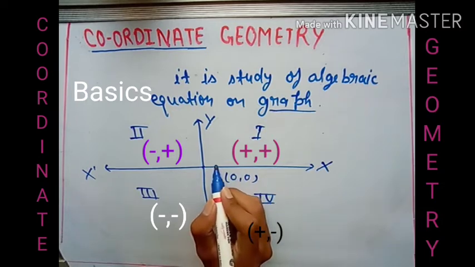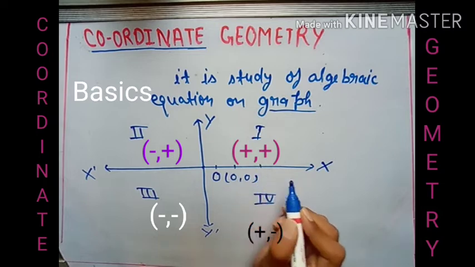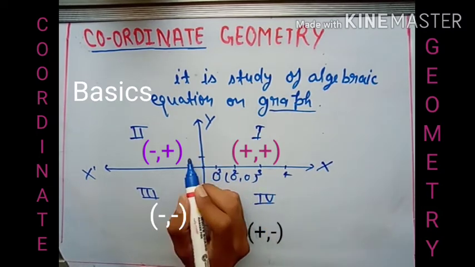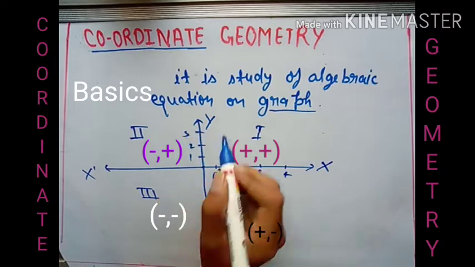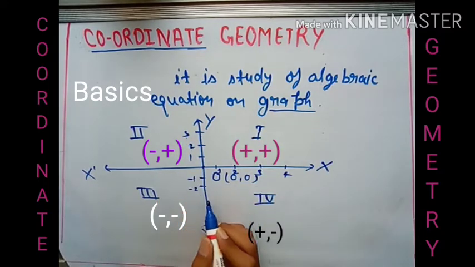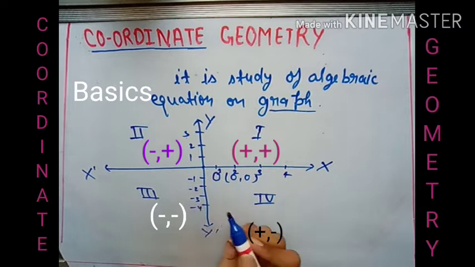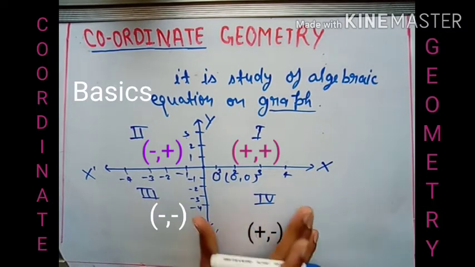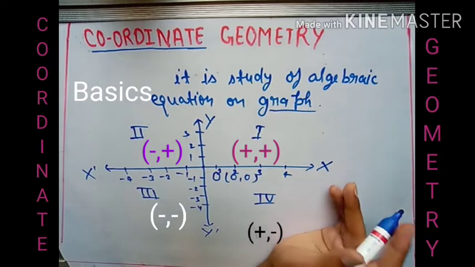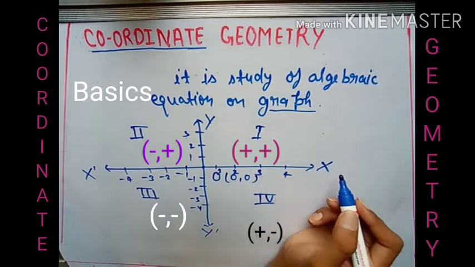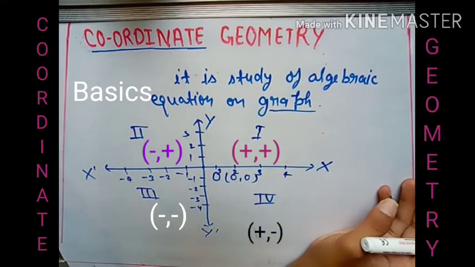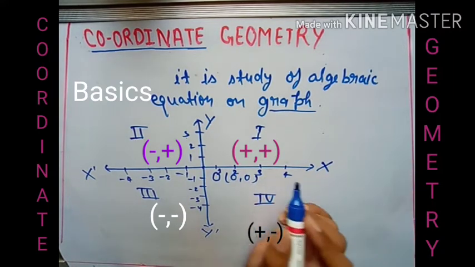So let me mark this point. These axes extend up to infinity, so there is no boundary to this plotting. You can plot up to infinity. You can keep writing the numbers. So first of all, since